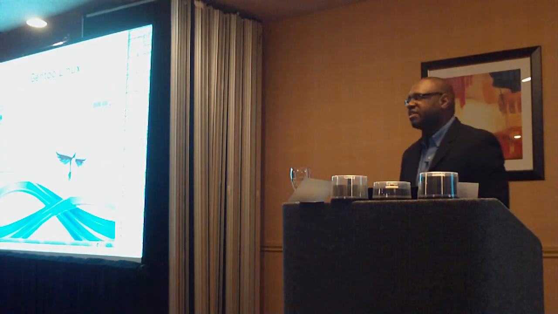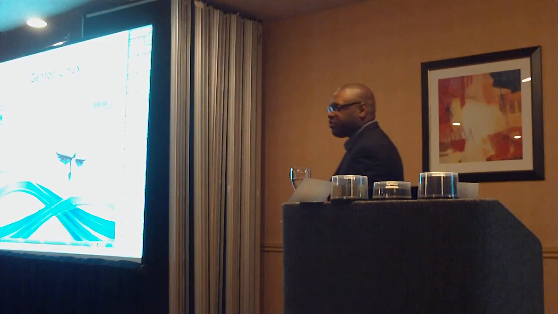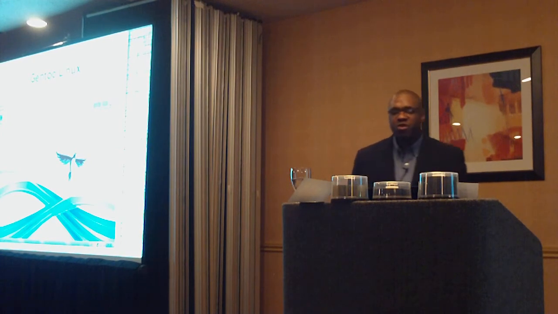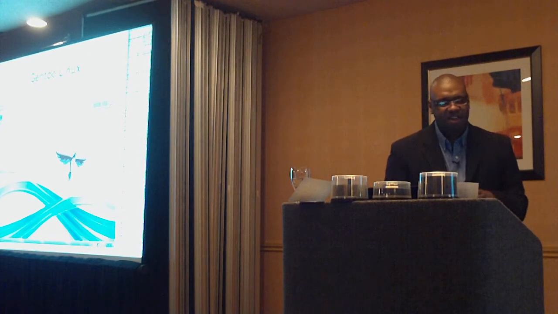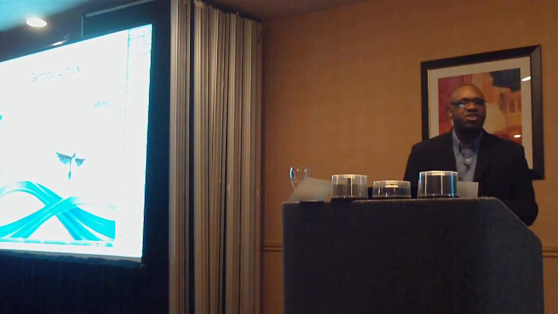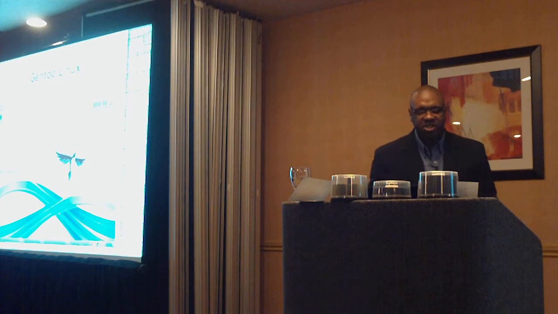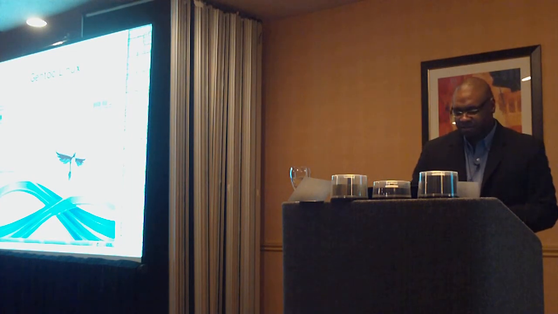Now, there's Gentoo Linux, and remember there's 400 plus distributions. So I'm going to go through a few of them. So here's Gentoo Linux. And with Linux, you have two different subsets. You have a KDE interface, and then you have a GNOME interface. So this right here shows a KDE interface.